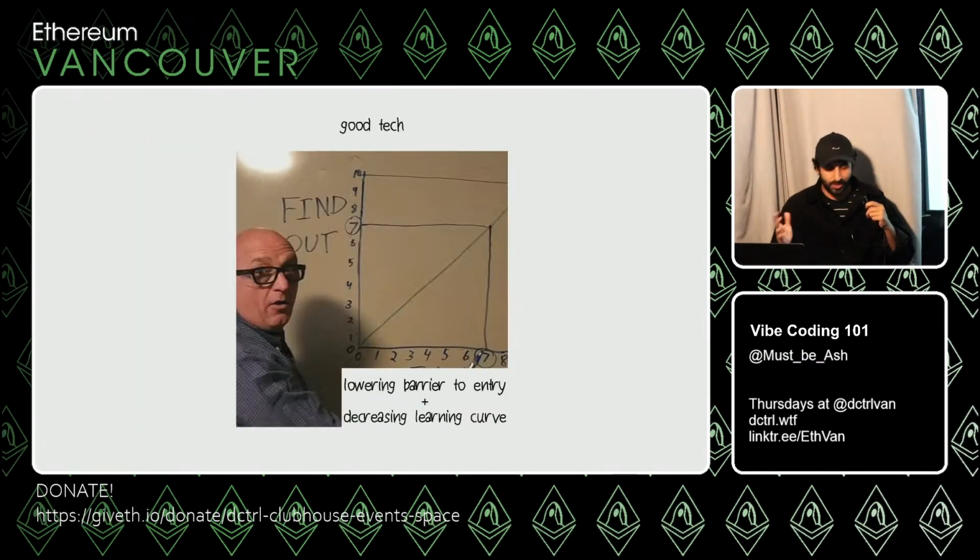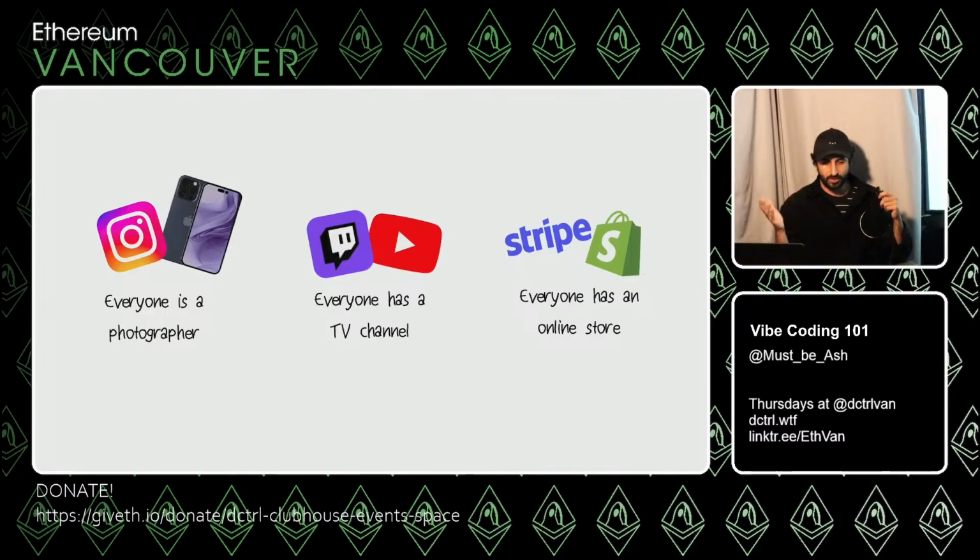So these are the things I work with. But the bottom line is that we have good tech coming out, and some good tech lowers barriers to entry and decreases the learning curve, and hence democratizes the field. Think about having to develop your own photos from a dark room. Fast forward, you take a digital photo and edit it in Photoshop, and then fast forward, everyone has a camera on their iPhone, and everyone's a photographer on Instagram.